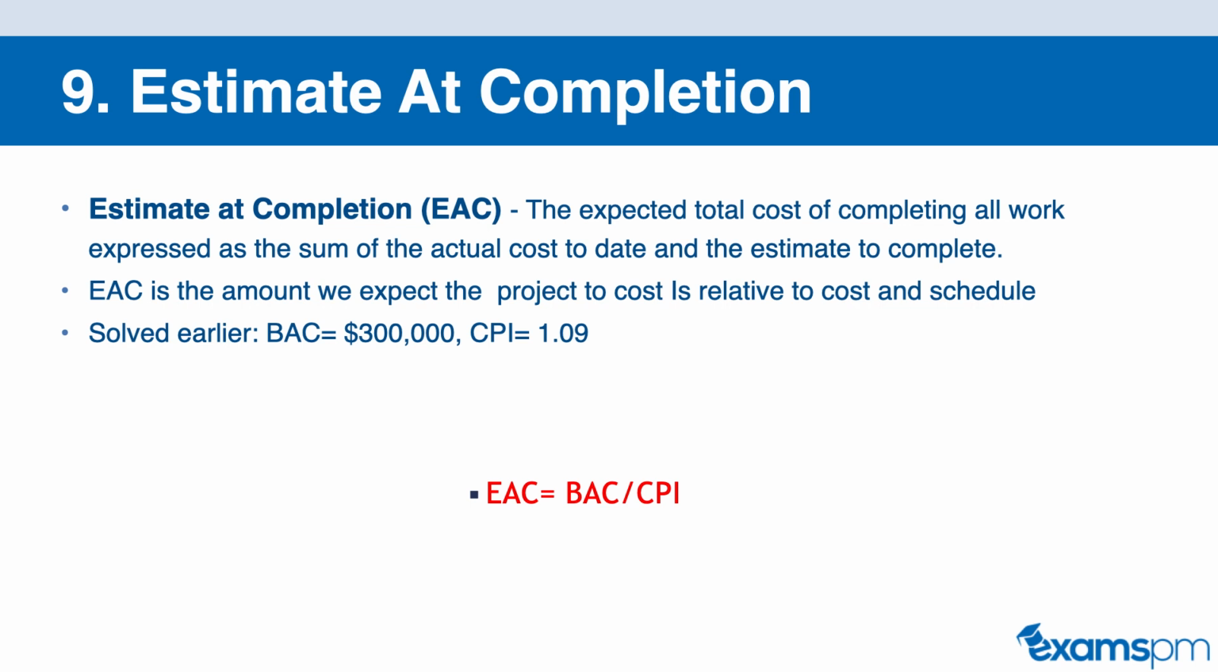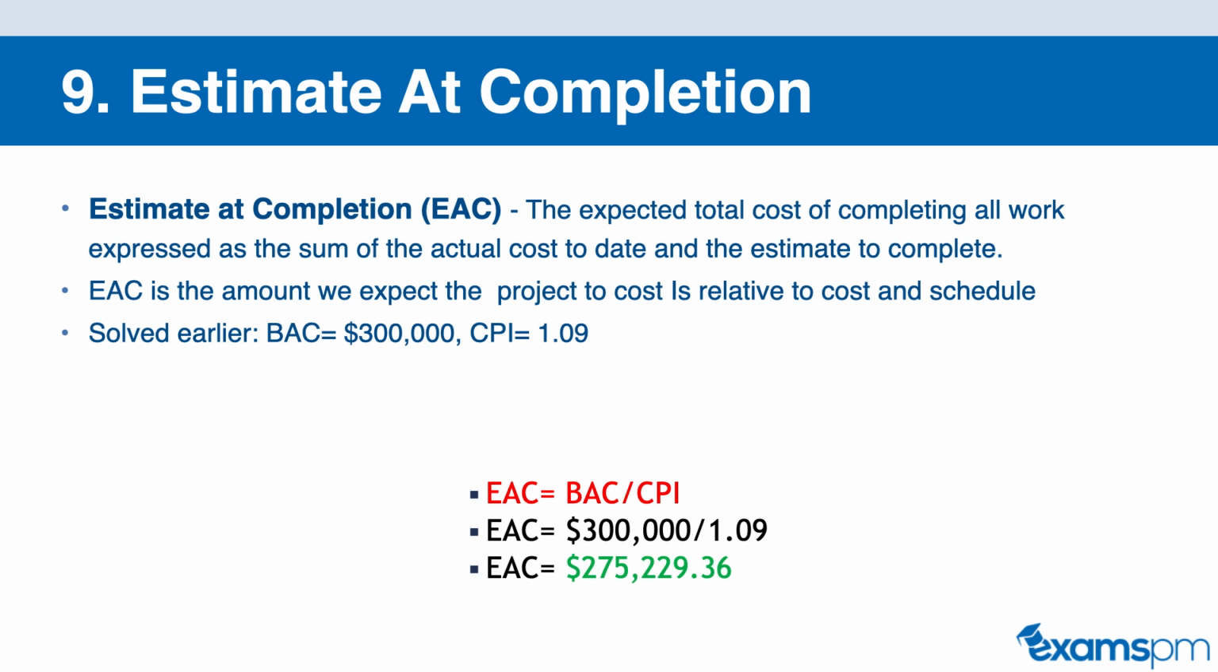So we know that in our example that our budget at completion was $300,000 and our CPI was 1.09. So when we do 300,000 divided by 1.09, we get an EAC, or estimate at completion, of $275,229.36. So basically, the interpretation that we can get from this formula is that at week 4, what we can see is